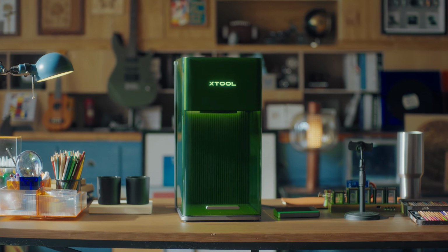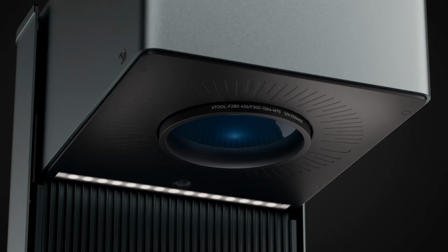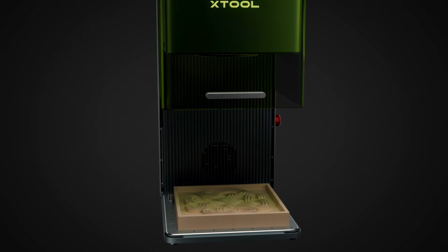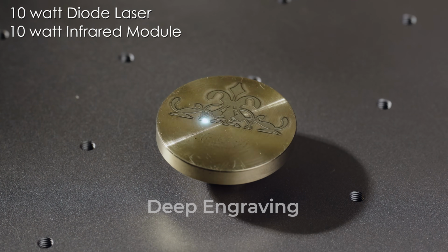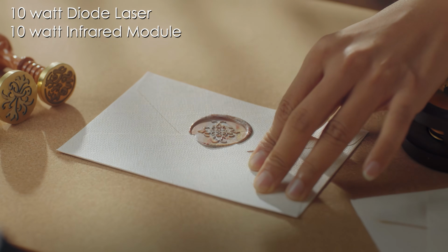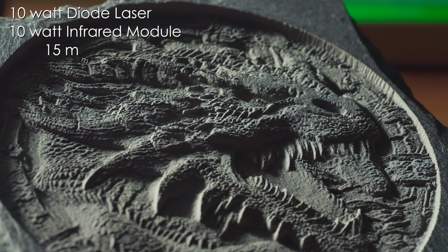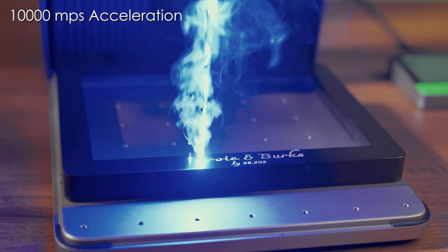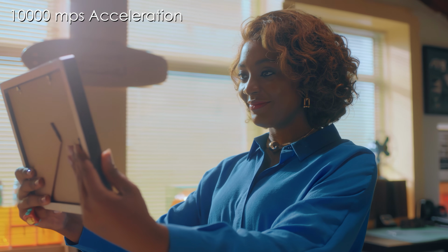The F1 Ultra delivers professional-grade laser performance in a streamlined package, combining a robust 20-watt dual laser system for versatile material handling. Its hybrid design merges a 10-watt diode laser with a 10-watt infrared module, enabling precise engraving on everything from anodized aluminum to tempered glass while cutting through 15mm hardwood effortlessly. The 10,000mm per second acceleration ensures rapid project completion without sacrificing detail resolution, producing crisp lines finer than human hair